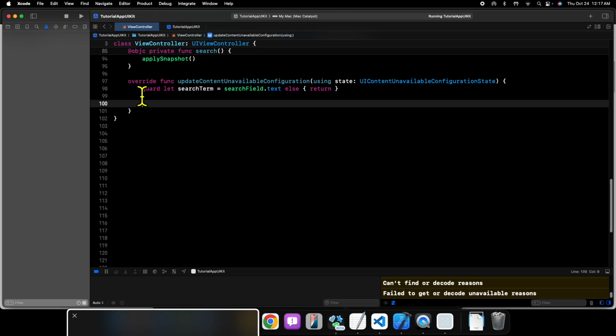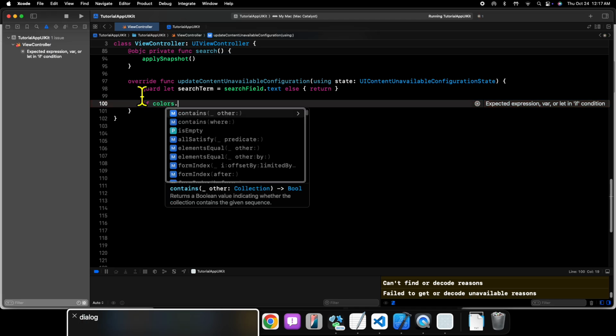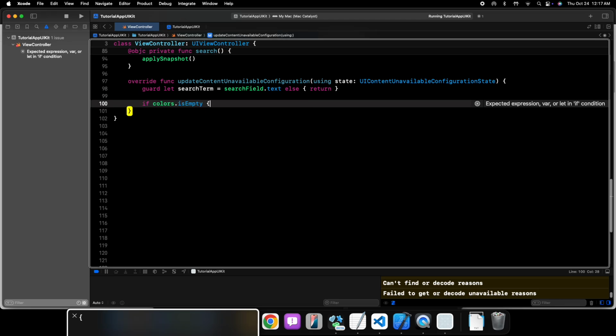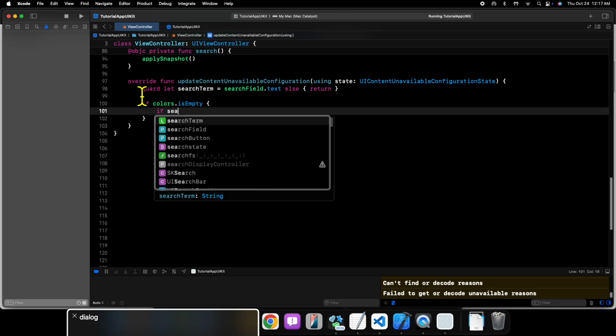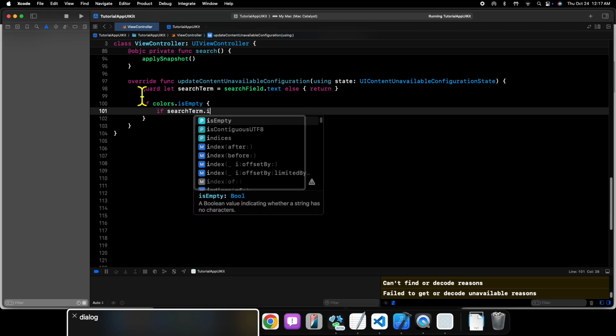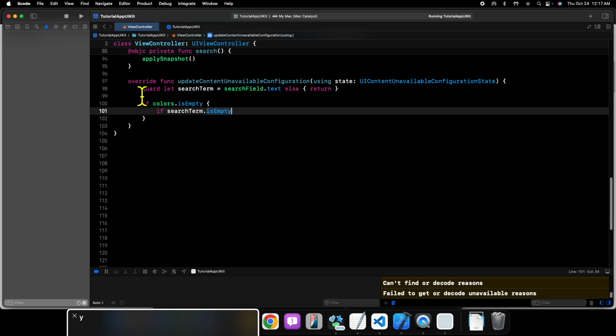All right. Next, what we want to do is test if our colors dot is empty. So if our colors is empty, we then want to test our search term to see if it is empty or not. So if search term dot is empty,